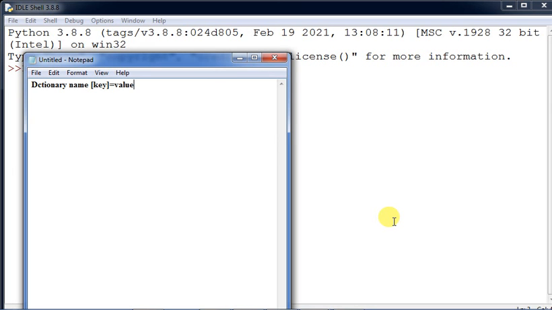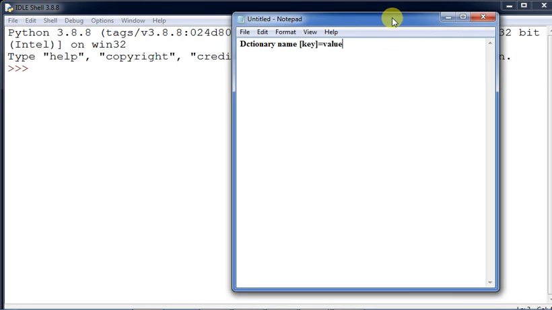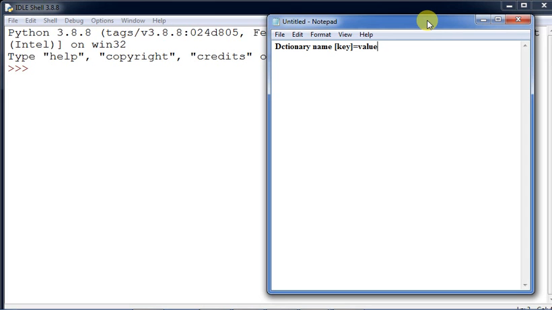So we can add new elements to the existing dictionary, extend it with a single pair of values, or join two dictionaries into one. That is the main theme of appending. Append means adding, nothing else, at the end of the list or dictionary. So this is the format: the dictionary name, then the key in square brackets, then the value.